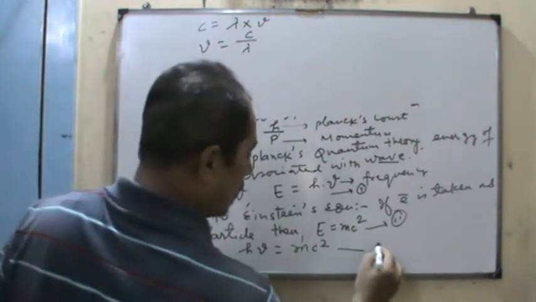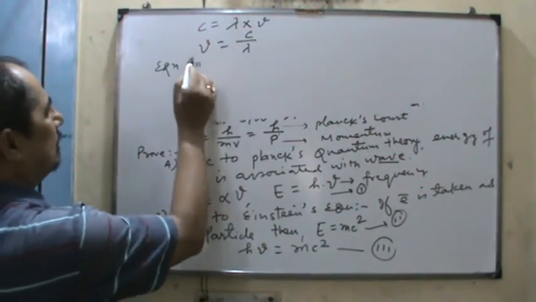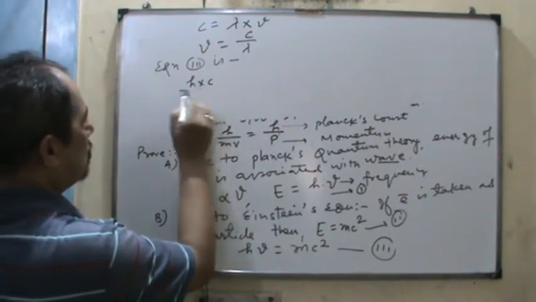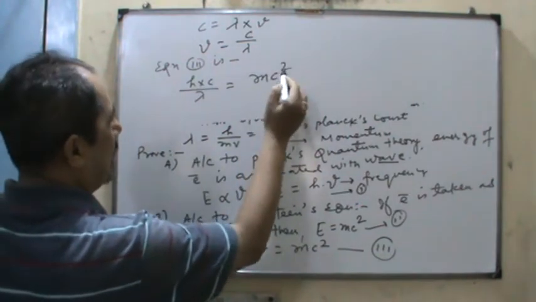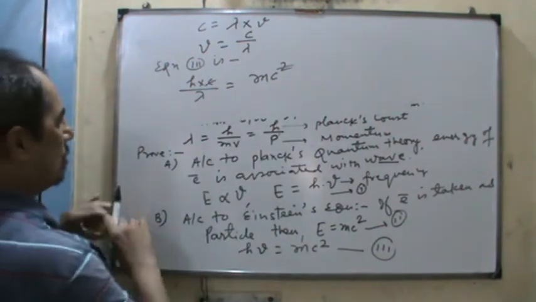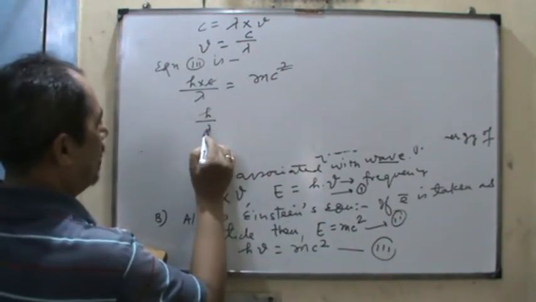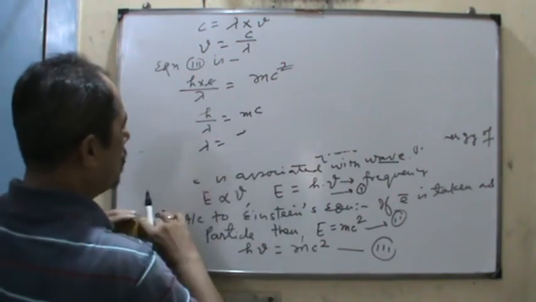So equation 3 becomes h into c over lambda is equal to mc square. One c cancels out, so h upon lambda is equal to mc, or lambda is equal to